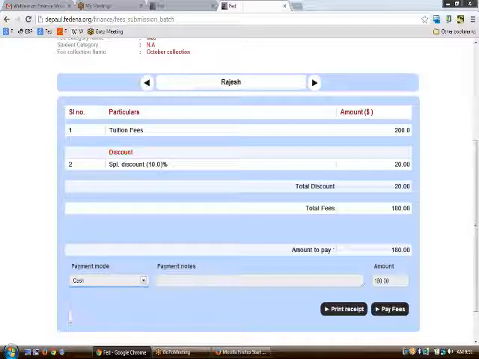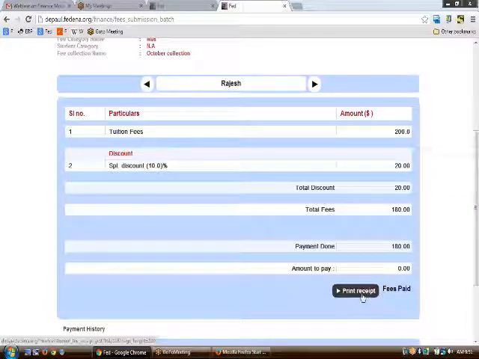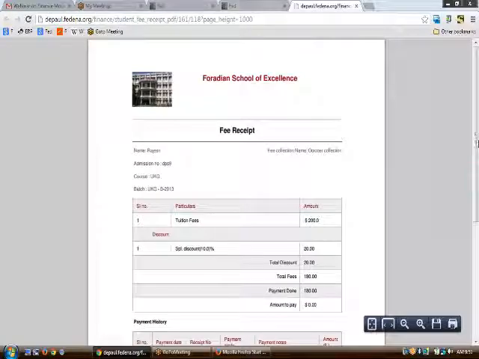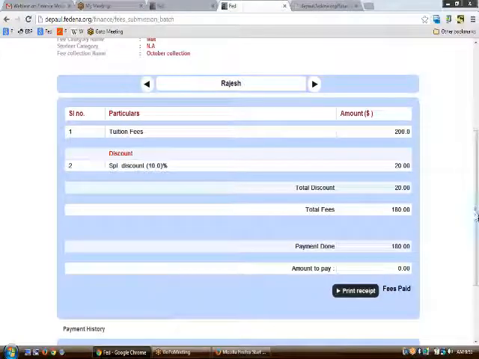Then we have other modes of transaction like cash and DD. So you can also note the payment notes here, and on clicking pay fees, you'll get the receipt of the payment done. So this is how the payment can be done for each of the students.